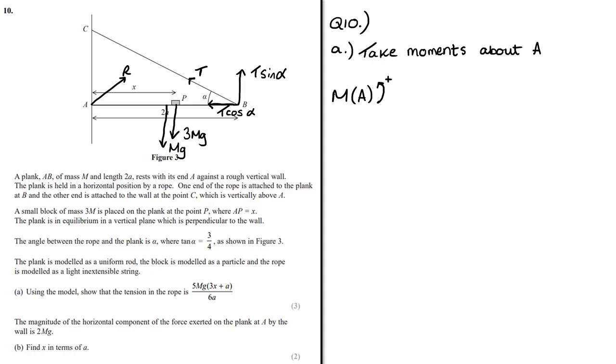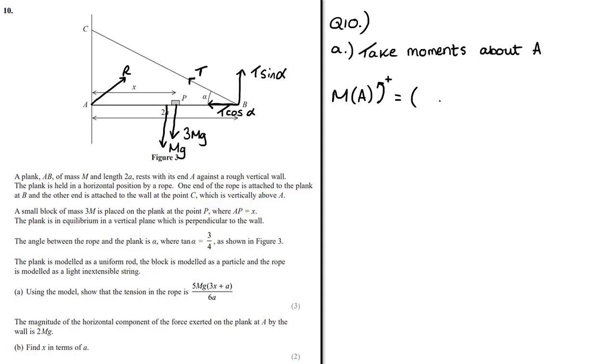So, taking moments about A then, what we need to do now is consider each individual force here and the distance taking us to A. Okay. So, if we've got this force here, T sine alpha, well, from T sine alpha all the way to A, we know that length there is 2A. I've kind of drawn over it, but the length here from A to B is 2A. Okay, so it's the force times by the distance. So the first part here will be,